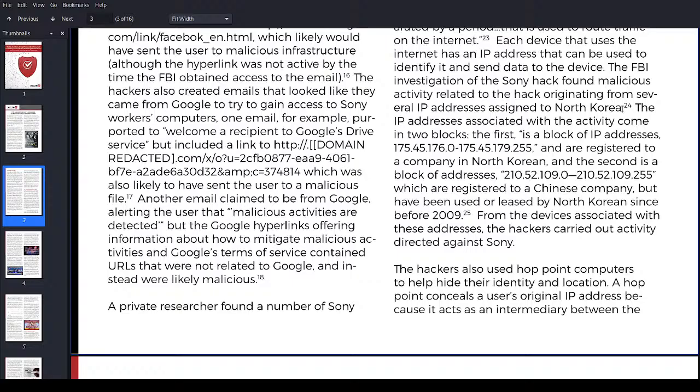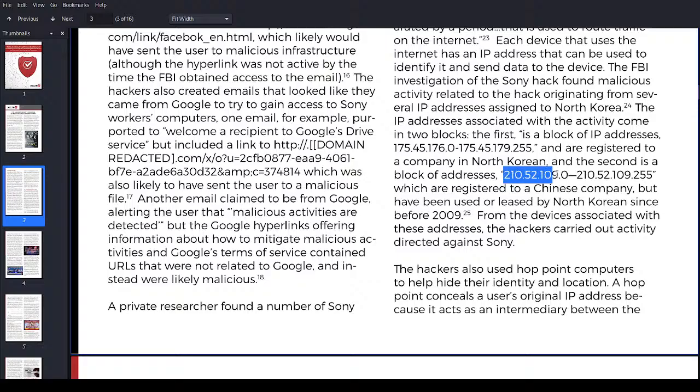So let's go. The IP addresses associated with the activity came in 2 blocks. First is a block of IP addresses, which is this one, right? And are registered to a company in North Korea. And then the second is a block of addresses, 210 all the way to, let me see, 255.